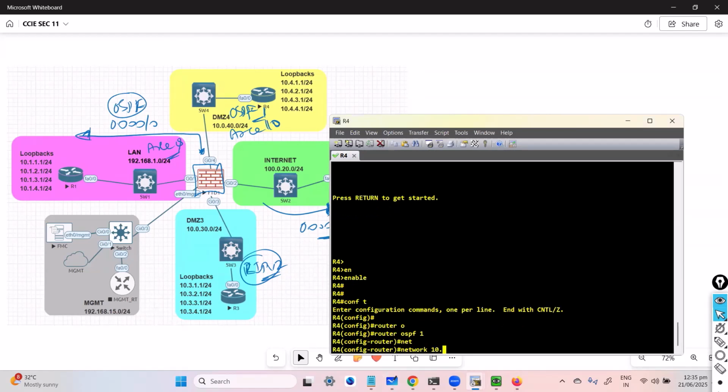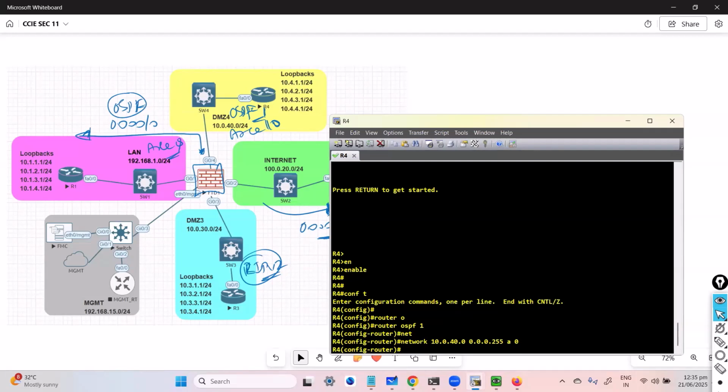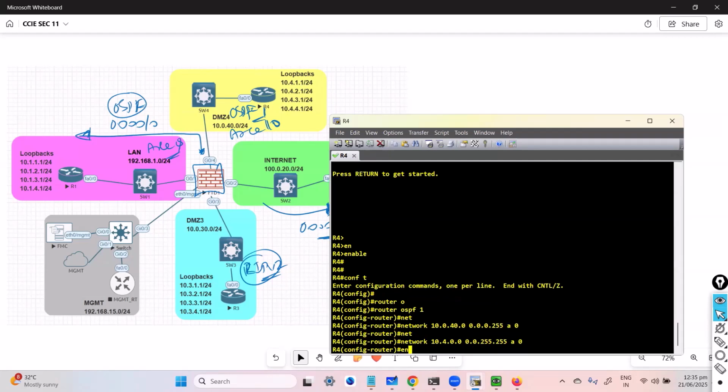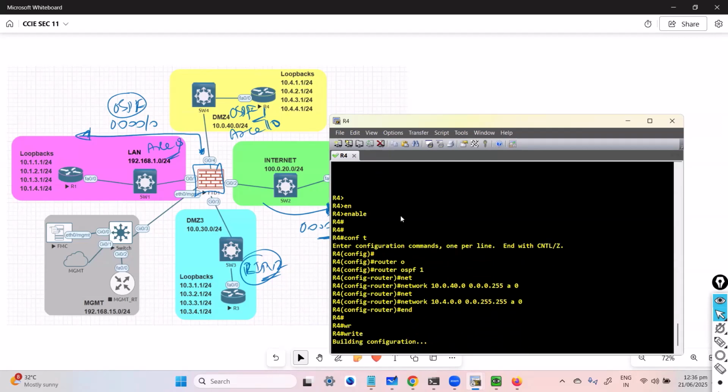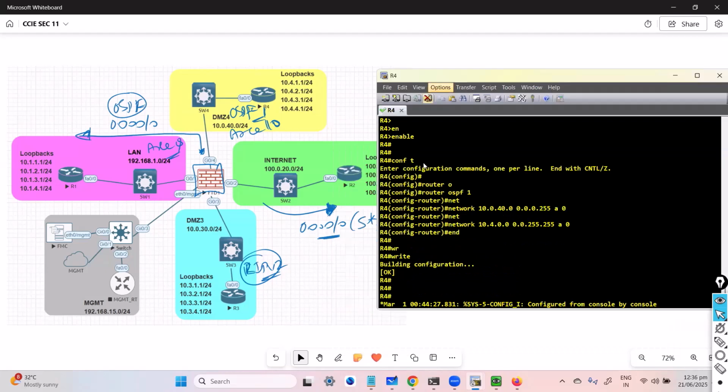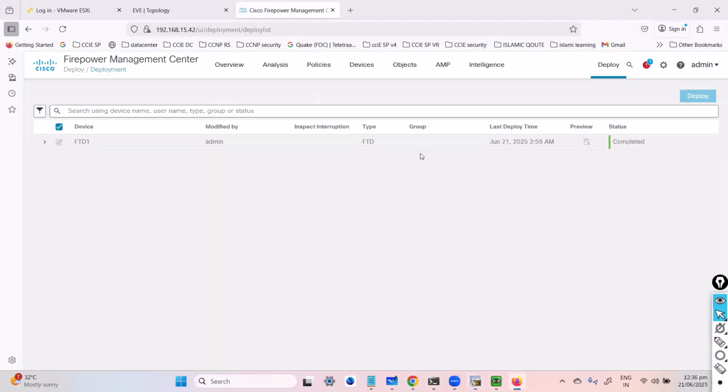And the network is going to be 10.0.40 subnet, which is my connected interface, advertised in area 0. And I'm going to advertise the 10 dot network, 10.4 subnets. 10.4 are the loopback interfaces in area 0. Done. Now, once we are done with these things, the next part is we need to get back to my